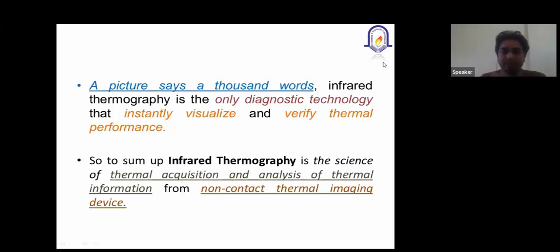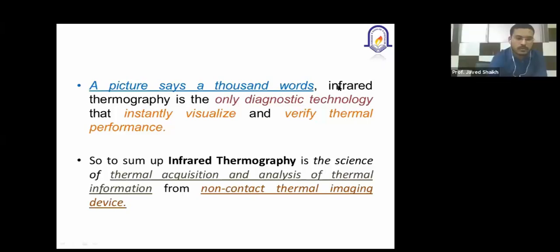Remember this, the instrument gives only the thermal image as output. As civil engineers, what we have to do is the next 50% of the work. And what is that 50% of work? That is nothing but analyzing this thermal image and finding the best possible solution to overcome this structural damage. Understood? Next.